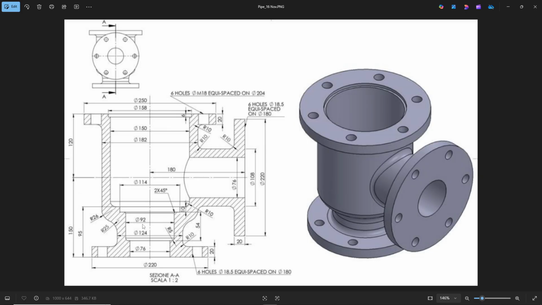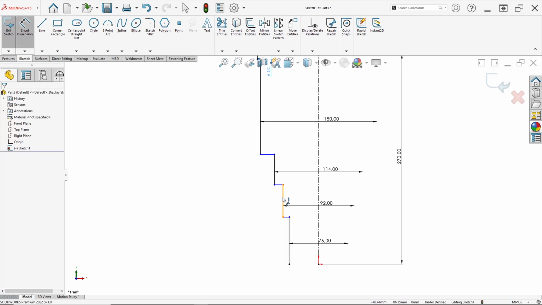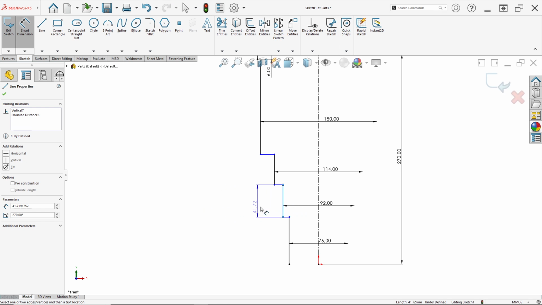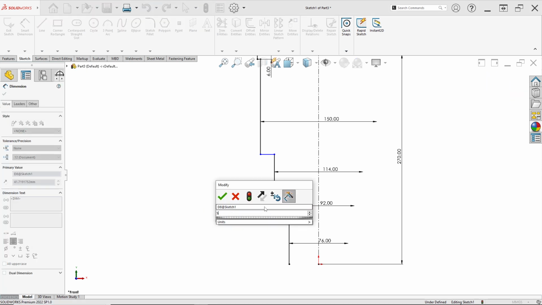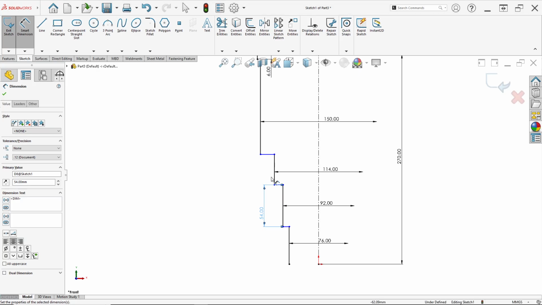Then we set the length or height of this line here at 54. This line here is 54 millimeter like this, and here is 10 millimeter.